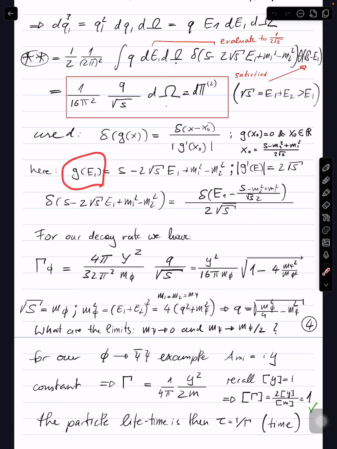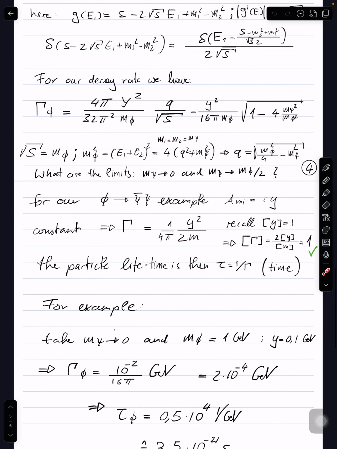So if the function g of v1 is the argument of the delta function here, we know what its 0 value is, so we know what actually x naught is, and g prime is just 2 times square root of s. So this expression is just e1 minus this x naught, the 0 of the g function, divided by square root of s times 2. So evaluating this just leaves us with 1 over square root of s times 2, and the other thing is just trivially satisfying the theta function identity, setting the theta function to 1,